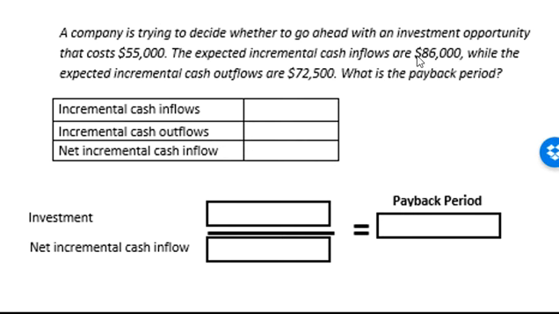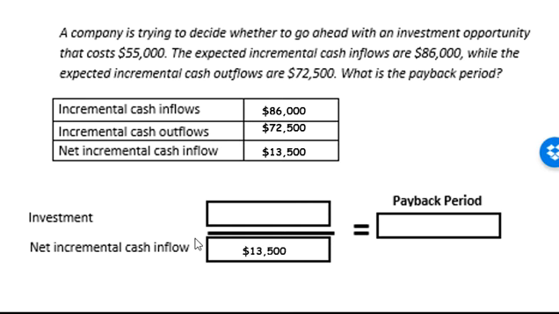That's total cash flows of $86,000 versus expected incremental cash outflows of $72,500. So in this case, all we need to do is net the inflows against the outflows to see what our net incremental cash inflow is. So we're going to take our $86,000 of cash inflows in the year, less our $72,500 worth of cash outflows during the year, which means our net incremental cash inflow every year will be